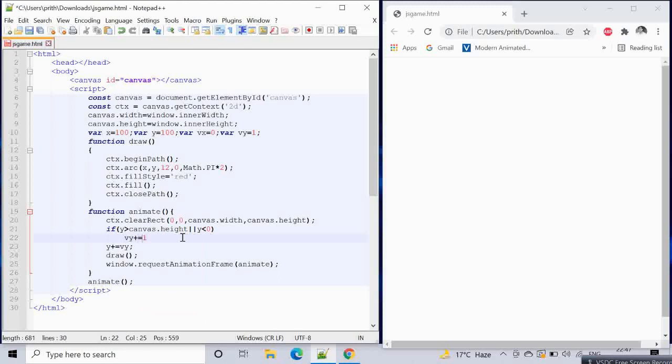If we give vy equals minus vy, or times equals minus 1, let's see what happens. There is a bounce. The moment it hits the boundary, it will bounce automatically.